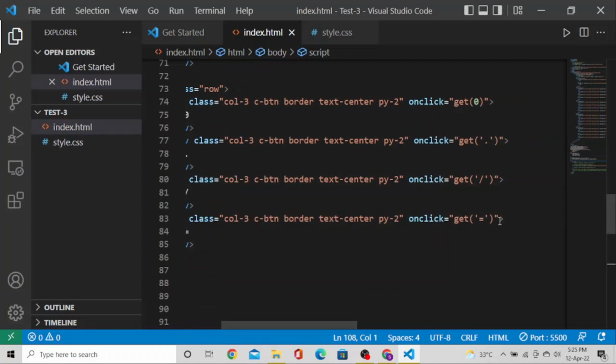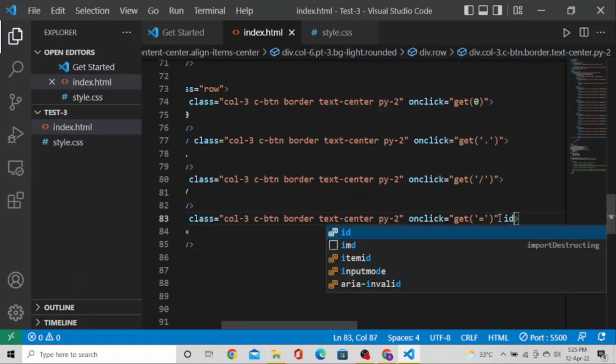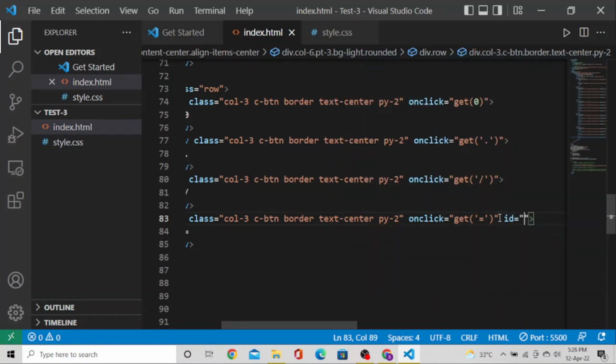So we'll just specify this equals to button with an ID of eval, and here on click we don't need to add the equals to button in the input. So we'll just remove this